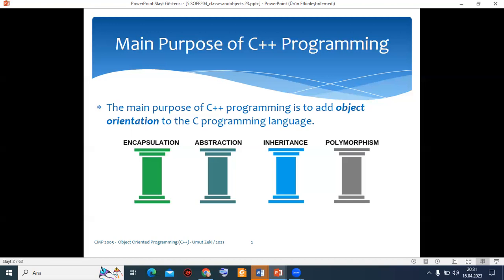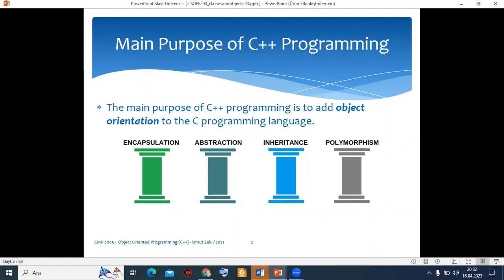So there's a main function, and you can also call other functions. But here, we are going to use object orientation, which means we are going to use data and also methods together. So we will create a class, and our class will consist of data and